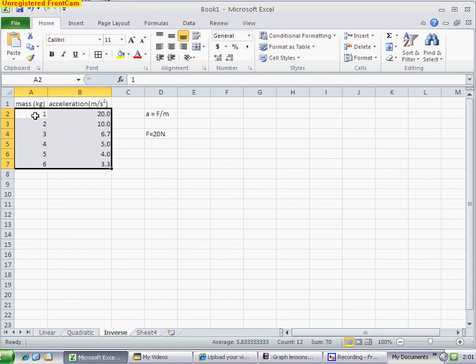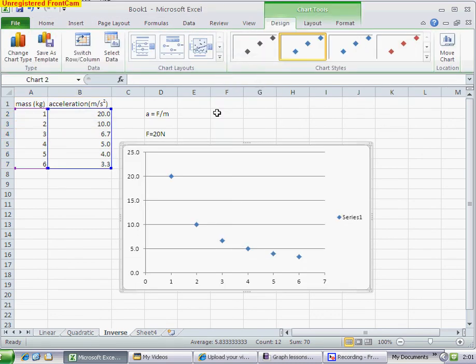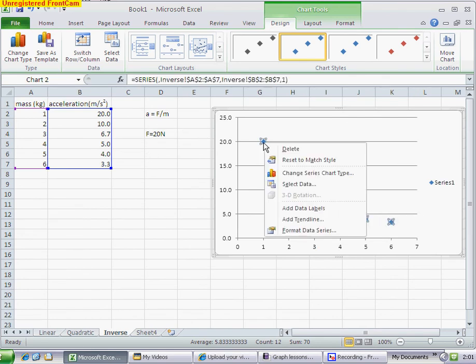here I've set up some data. If we select this data, go into Insert, Scatter, we see a third type of shape that we haven't seen before. This looks a lot like the power, or the quadratic, but it's going the other direction. Instead of y increasing as x increases, y is decreasing as x is increasing. So if we add a trend line here,